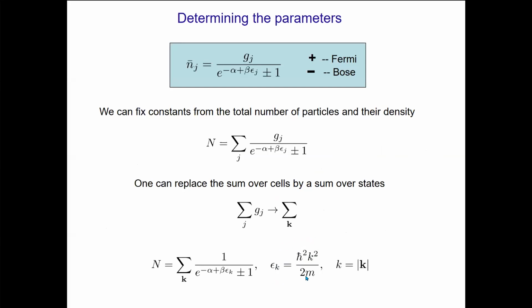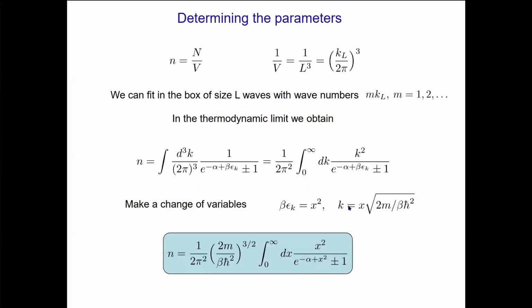This is Ek. So if we now introduce another variable x using this relation, and express k as a function of x using the previous relation of Ek in terms of k, and make a change of variables, this is what we get